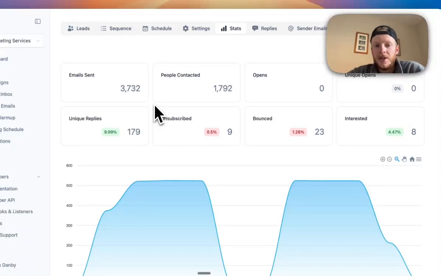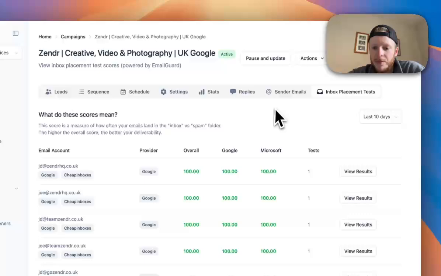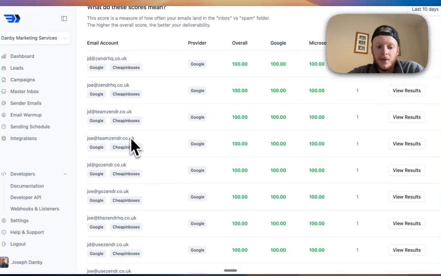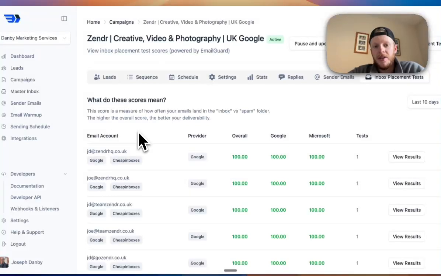If you do see your reply rate drop below 6%, then as I mentioned, what we can do is go and perform some inbox placement tests. What this does on your campaign is it will send emails from all the different email accounts that you're sending from in your campaigns, to both Google inboxes and Microsoft inboxes, and it will report back a score based on how many of those emails hit the spam folder or